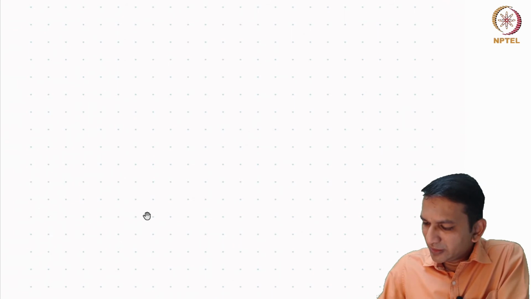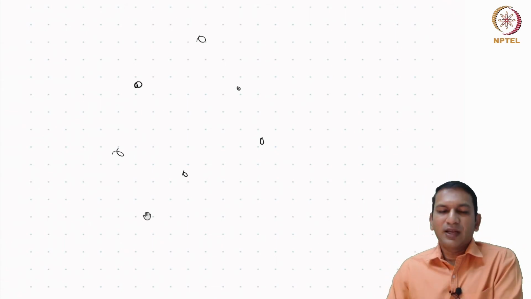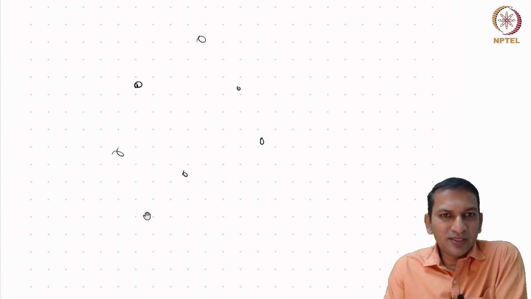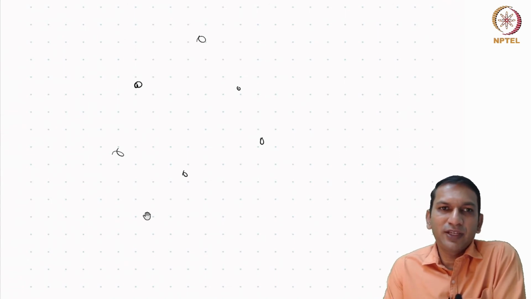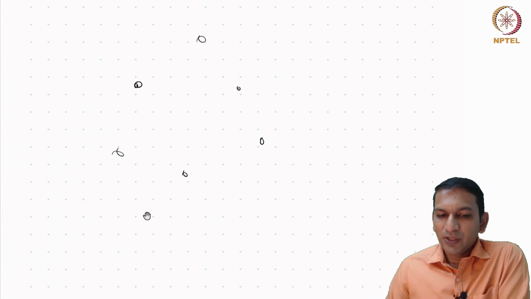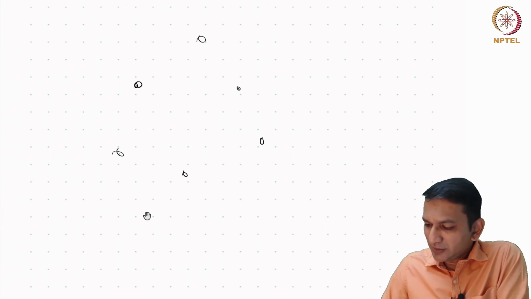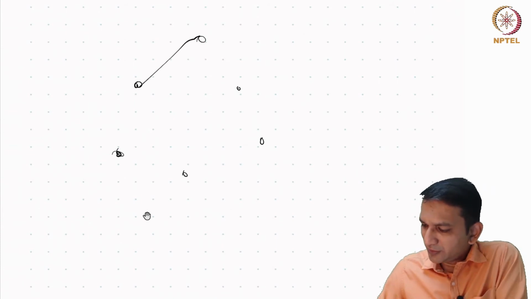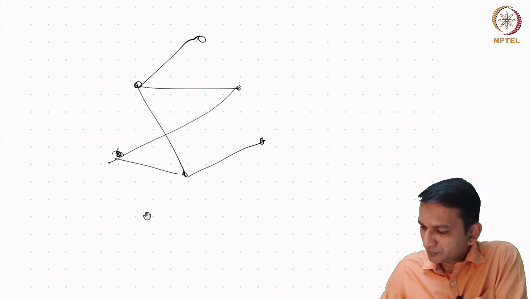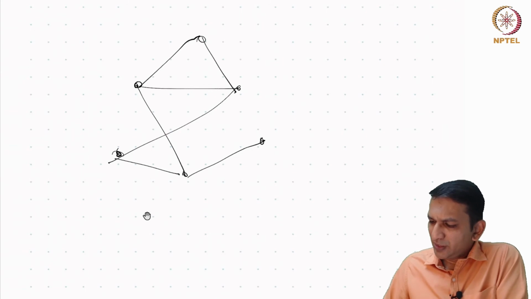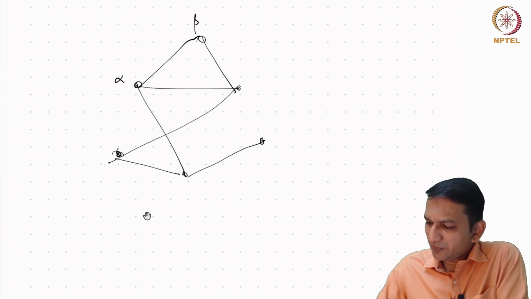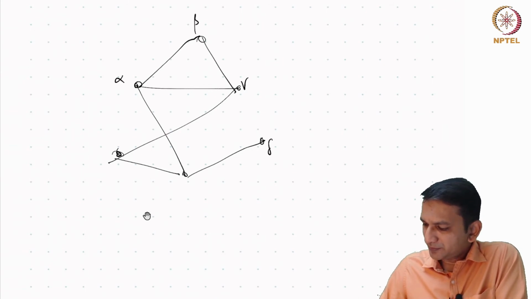To understand this, let's look at a graph. So what is a graph? Graph consists of two things, V and E. V is the set of vertices and E is the set of edges relating the vertices. So consider this graph where you have 6 nodes and let's say this is how they are linked. So now if we label them as alpha, beta, gamma, delta,